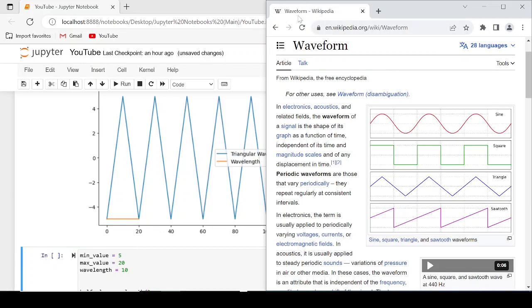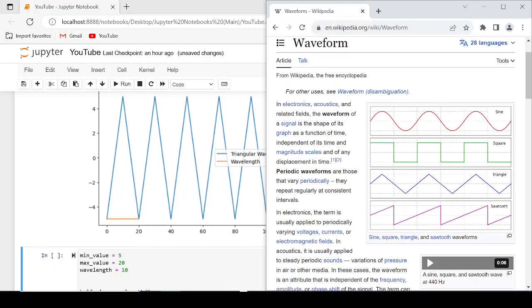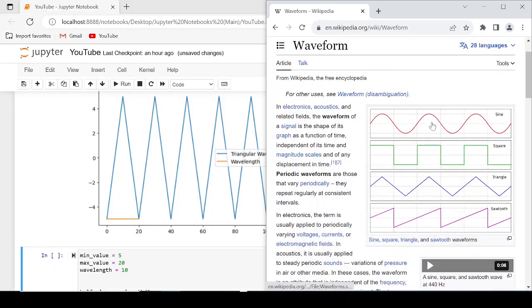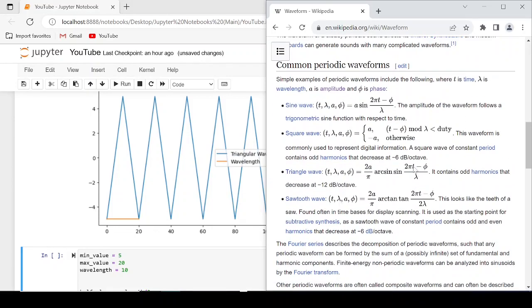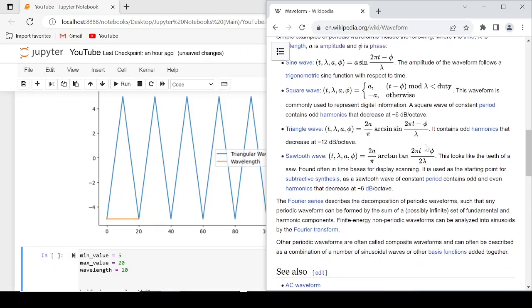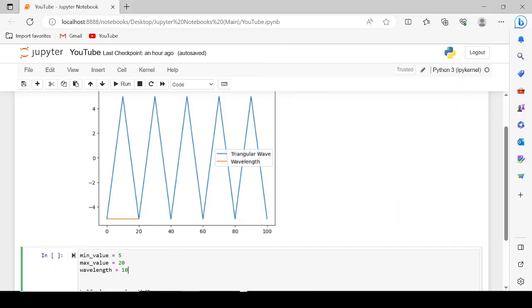This is the Wikipedia page for waveform, and it shows 4 different wave types. We're doing the triangular pattern here. The formula is quite complex. If you look at the triangular wave one, this is the formula to model it, and we'll model it with this at the end of the video, but I want to go over a more intuitive way first. So this is what I mean when I'm talking about the formula. Anyways,